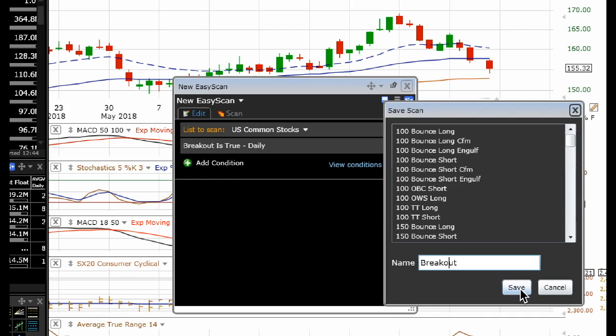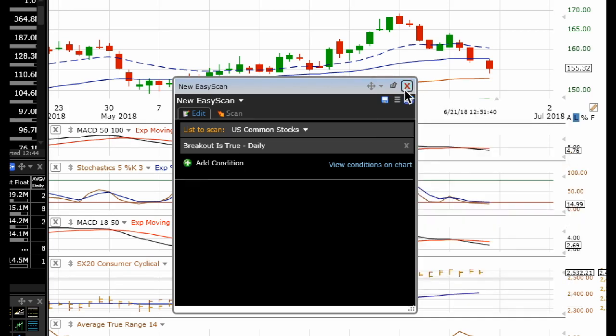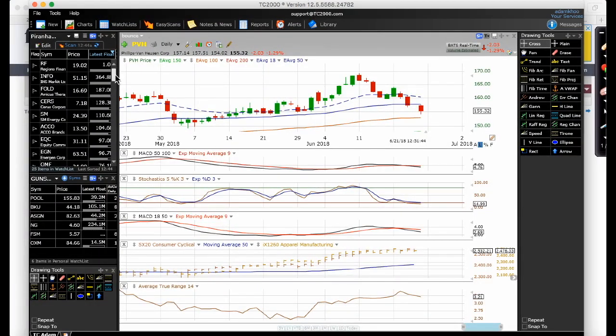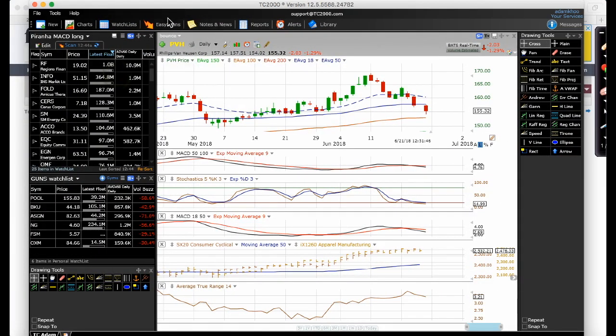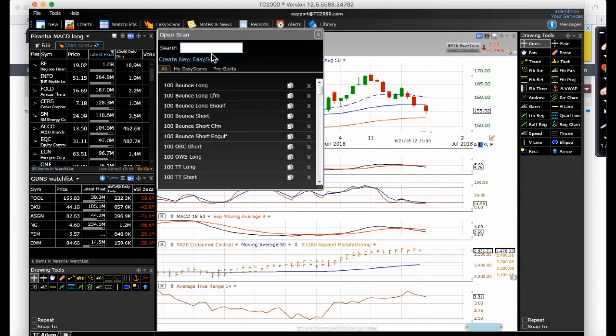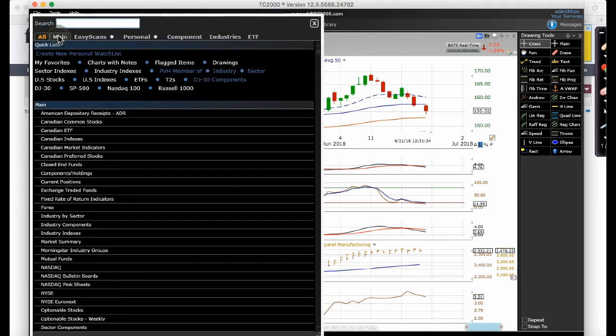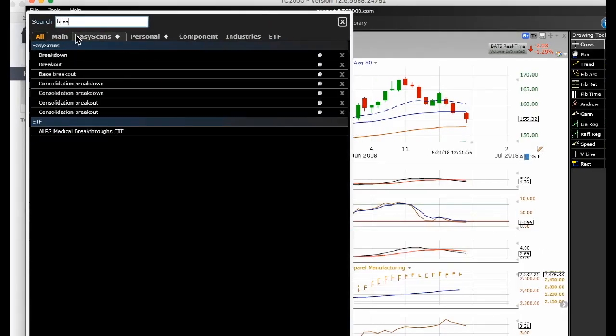Now I already have it, so I'm not going to save it again, but for you, you have to click save, and once you save it, you'll be inside your easy scan. Okay, so if you want to scan, all you got to do is click on easy scan, or you can actually do it here as well. Click on this and out,